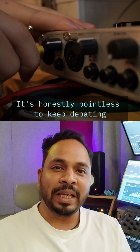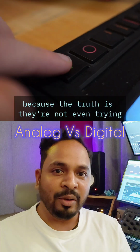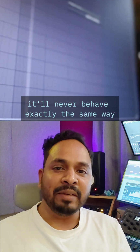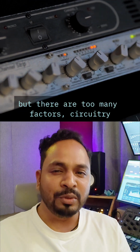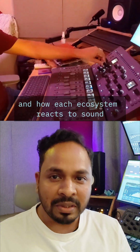It's honestly pointless to keep debating which one's better, analog or digital, because the truth is, they're not even trying to do the same thing. Even if you've got a plugin that perfectly emulates a hardware unit, it'll never behave exactly the same way. Sure, they might sound close, but there are too many factors: circuitry, signal path, environment, and how each ecosystem reacts